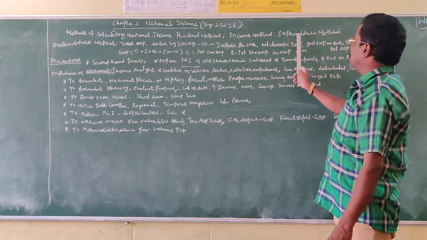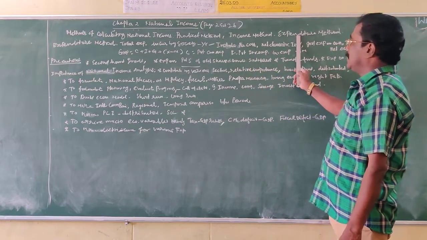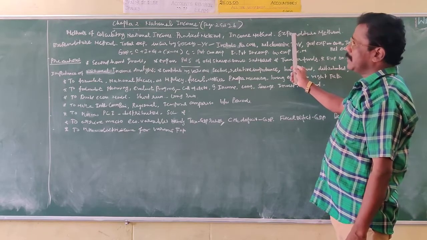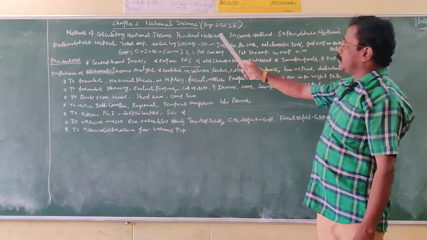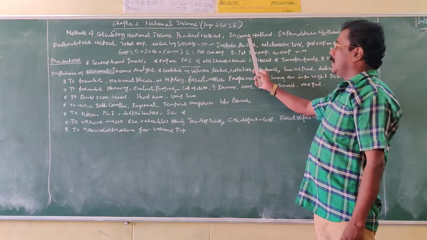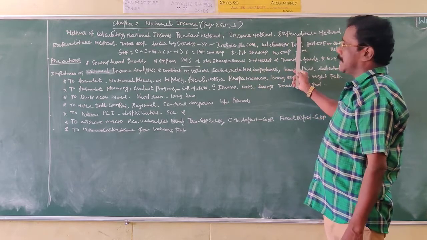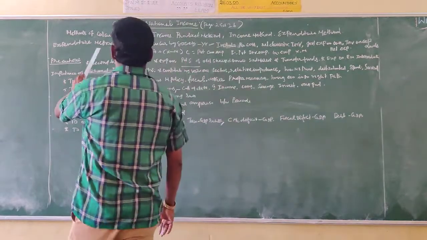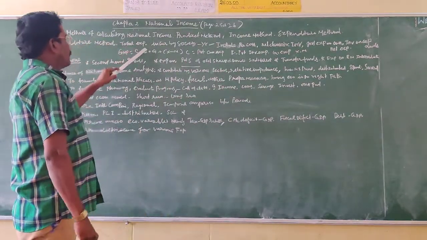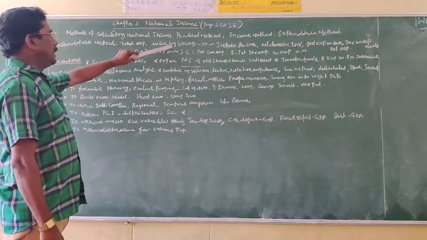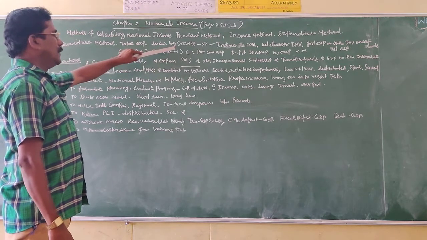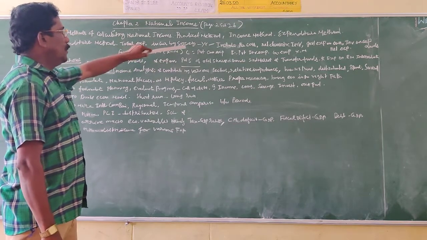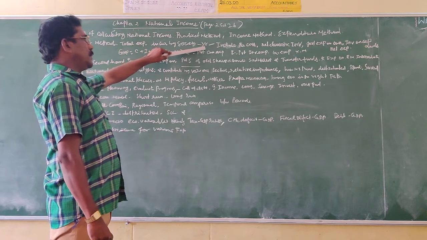The third method is known as the expenditure method. This is what we are going to see today. So the product method and income method are already over. Now the third method is the expenditure method. In the expenditure method, the total expenditure incurred by the society on various aspects during a particular year or particular